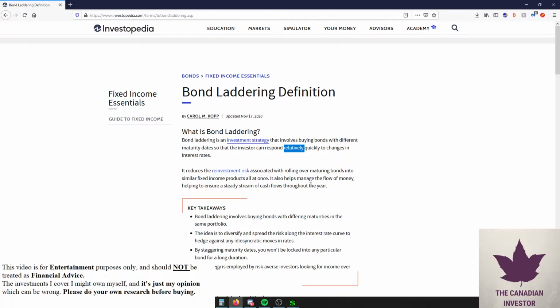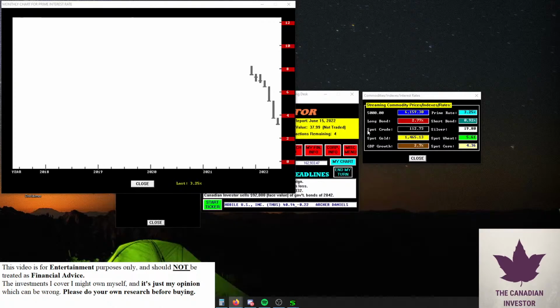So what I know in this game is it's very, very likely that interest rates are going to go up in the future. So it will make more sense for me, hypothetically, in this game to adopt a bond laddering strategy where I have some short bonds, like for example, a bond that matures in 1 year. Then I'm going to receive my principal in 1 year, and then I'm able to buy another bond at a higher rate. Basically, it spreads my risk a lot.